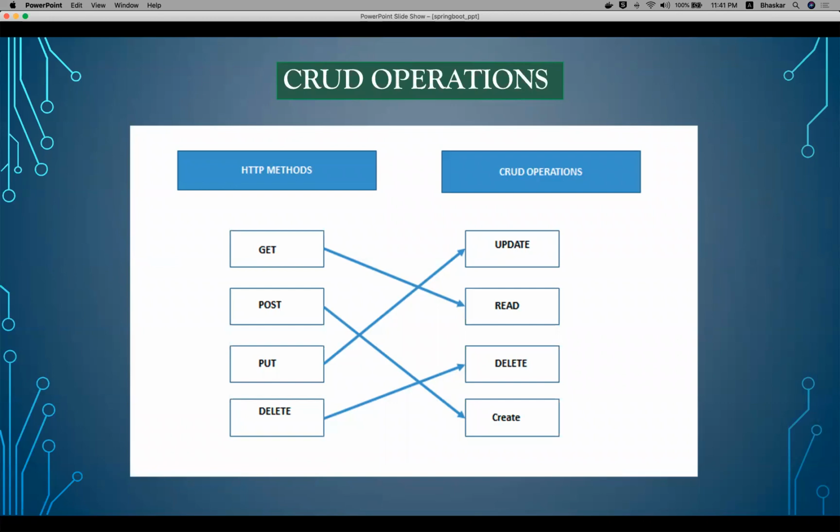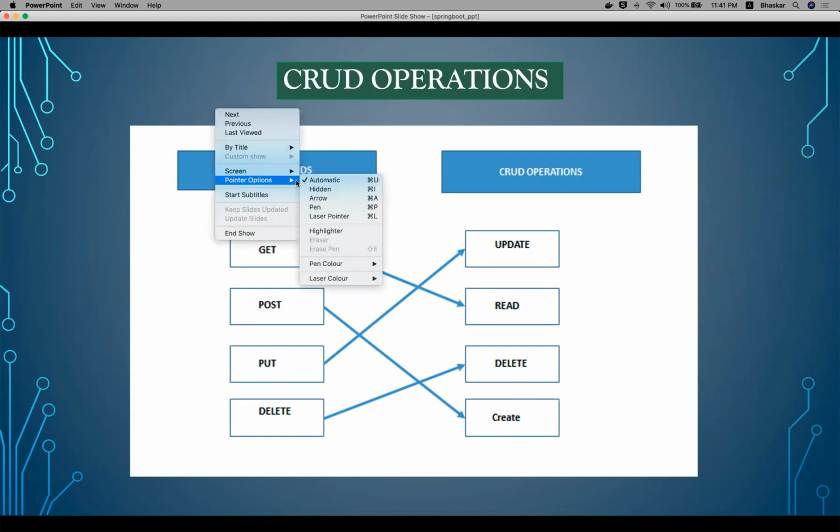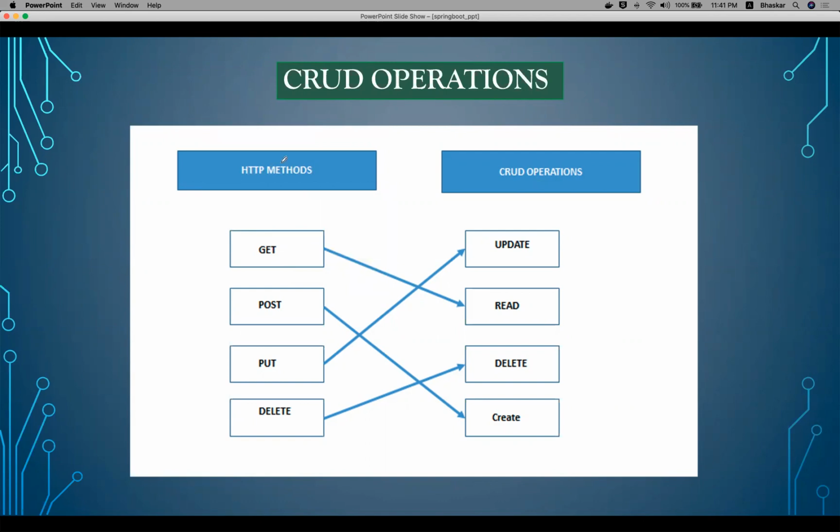If you want to develop any API, these four methods are useful for any type of application. These are the REST HTTP methods, and these four are very important. Get is used when you want to fetch data from the server. Assume that when you open flipkart.com or amazon.com, you are retrieving data from the server. So whenever you are retrieving some data from the server, you need to use the get operation.